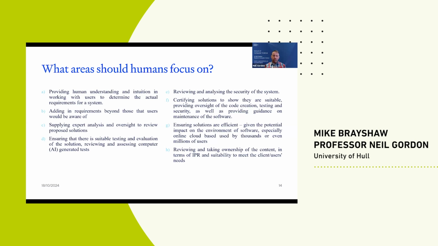Again, in a way that AI will give you some tests, but they may not be appropriate tests. And look at security. There's a good way to build systems which are built on available software approaches which aren't secure. And then there's certification of software solutions, which again a human can add in, looking at what the AI has created to validate that it seems appropriate and efficient, and thinking also, ultimately, about the ownership of this, the IPR. That's one of the big challenges when you choose AI to generate code. Where did it come from? If it learned a solution from Reddit and Git, and it then gives you a piece of code that looks okay, is it appropriate?